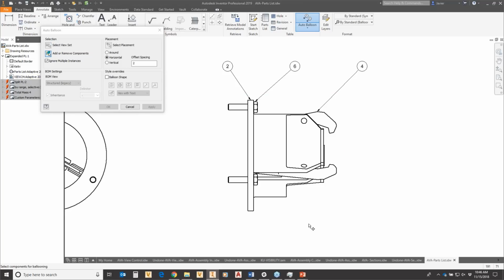I'll pick this view again, pick the rest of the parts here that maybe haven't been ballooned, and there's only one. I could tell it to ignore multiple instances and window around this, and can do that as well. But really, there's only one, and I'm just going to go ahead and choose Select Placement and place it right about here. Okay, so